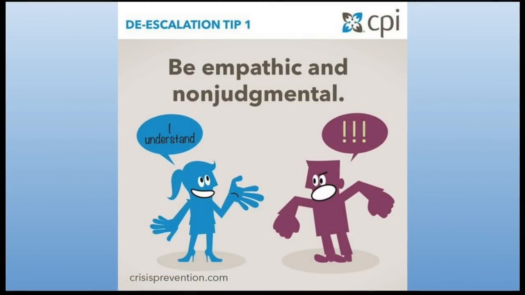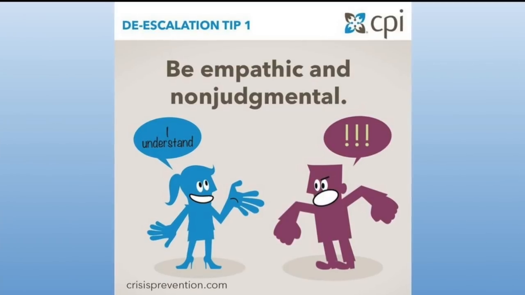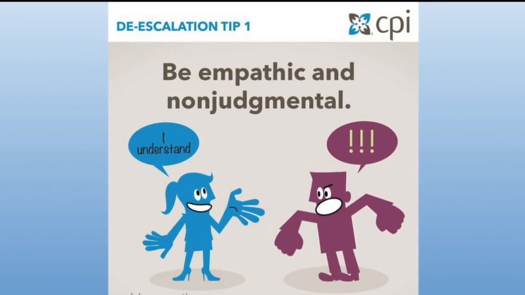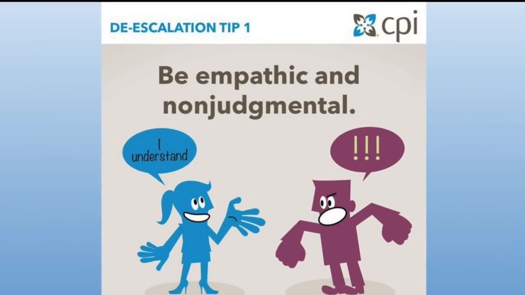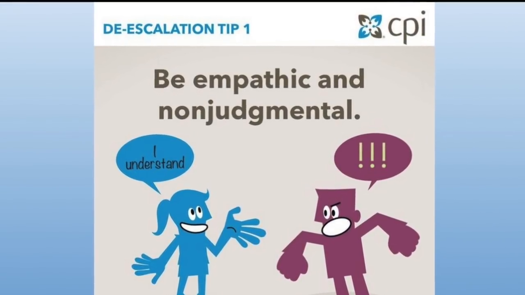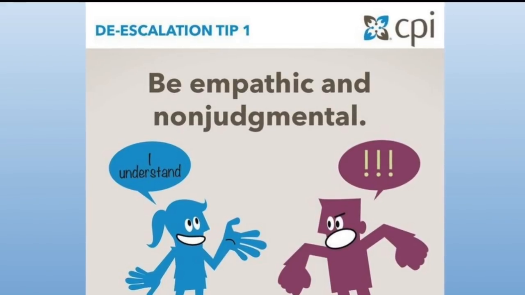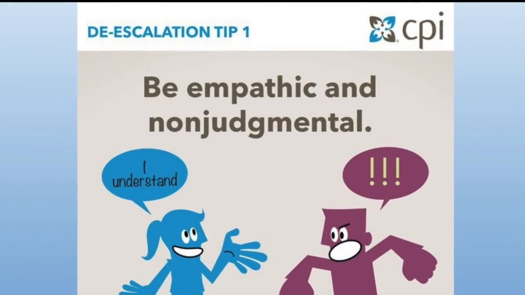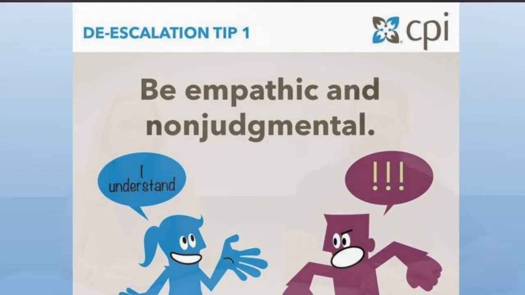So the 10 tips for de-escalation strategies, the first one is to be empathic and non-judgmental. So if you can just think of yourself having a conversation with some friends, and a colleague or someone in your life walks in and scoffs at whatever you're saying, being very judgy, you're going to automatically have a bad feeling about that person. And so consider our students when they're in an emotional state, and when they're losing rational thought, when their emotions and behaviors are rising to the point where they're not in control.